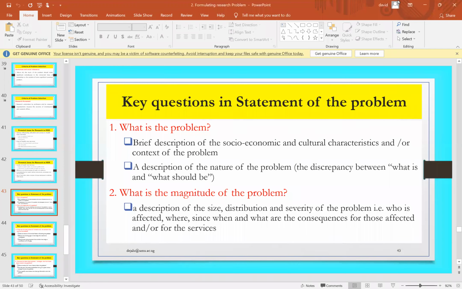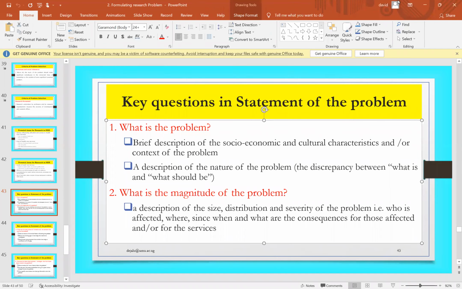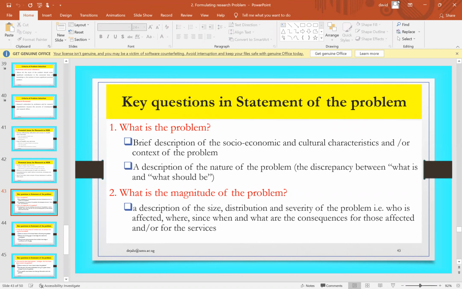So we want to finish up the day with looking at a few more things. And then we spend the better part of tomorrow doing the write-up. So when we're saying a research statement or research problem statement,